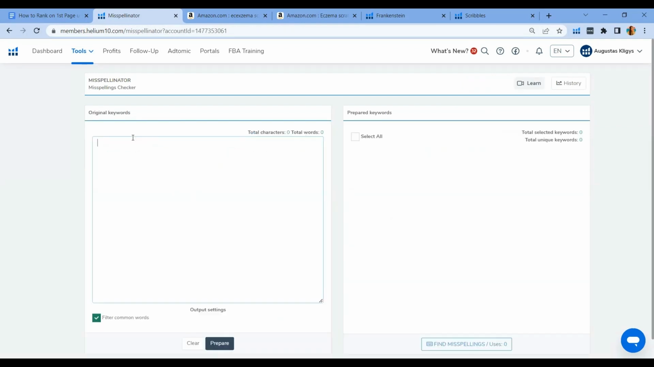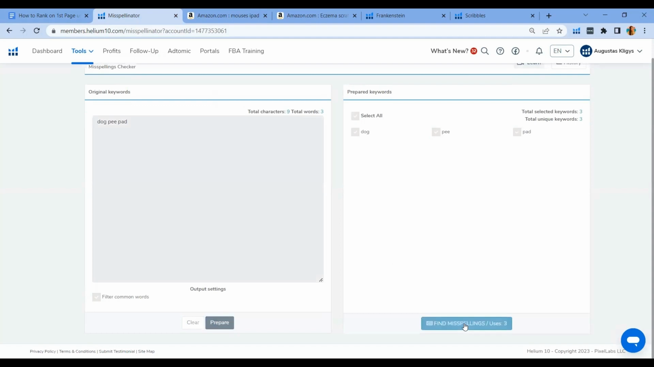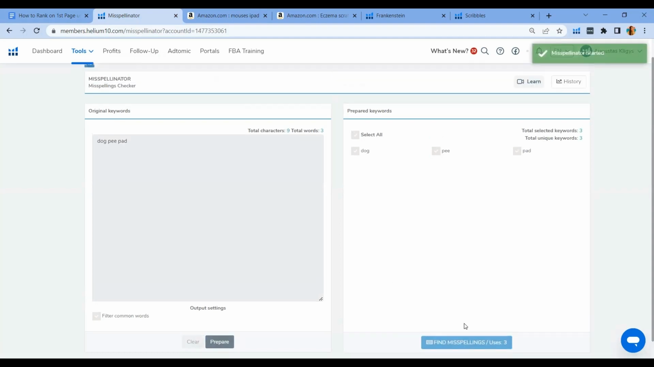Okay, so let's do a new search. Dog pee pad. Okay, let's select it all and find misspelling. So we have 3 main seed keywords here that we selected, and while waiting for Misspellinator to generate the misspelled keywords from these 3 main seed keywords,